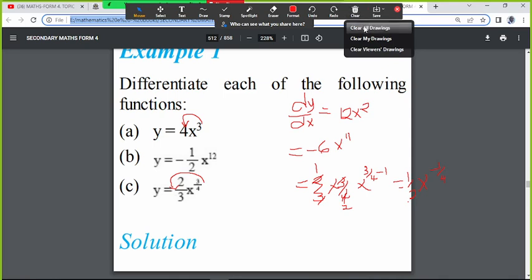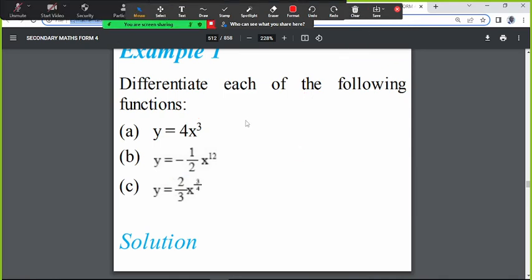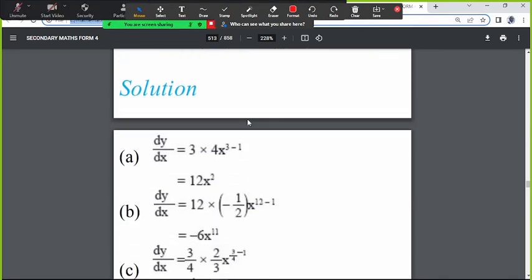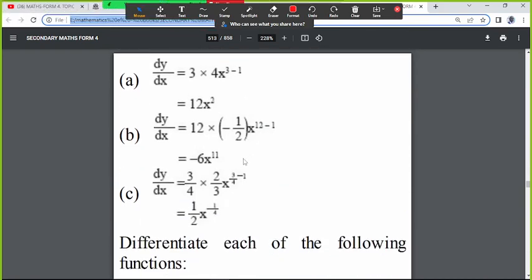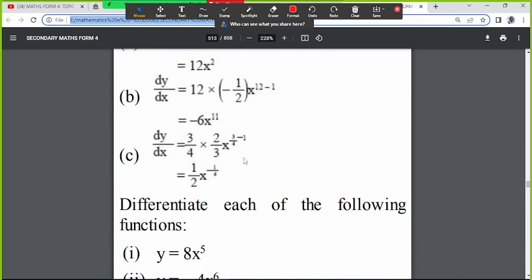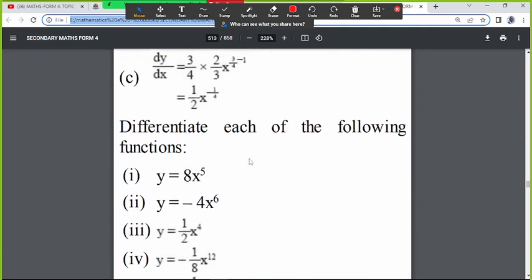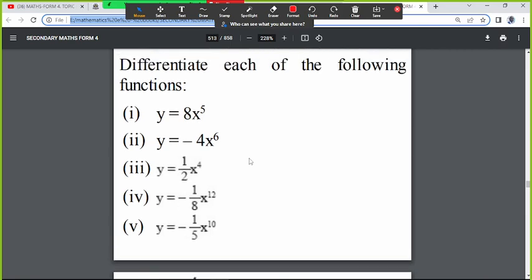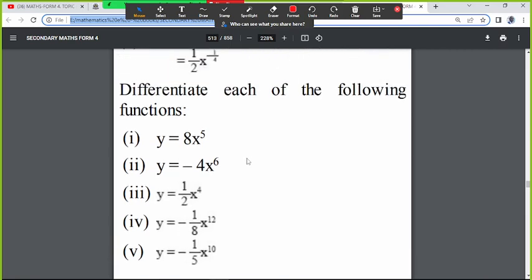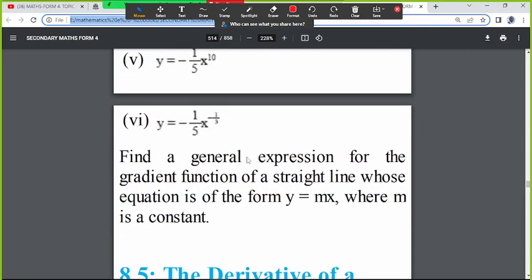So we can see the solutions: 12x squared, negative 6x to the power of 11, and a half x to the power of negative a quarter. Differentiate each of the following. It's quite easy. Let's go to